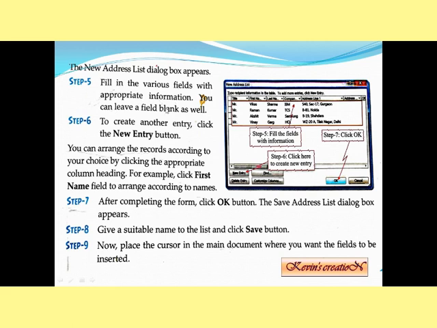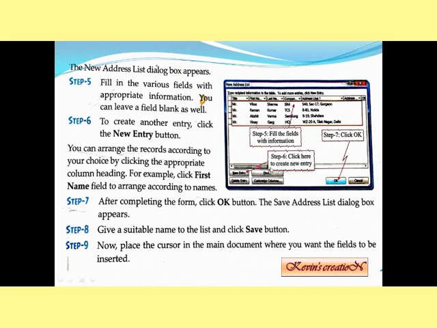Here if you see, there are various fields with appropriate information. You can leave a field blank as well. Now here you can see the title is there, where it is written Mr. You can write Mrs. also, Miss also, doctor, engineer, father, sister, whatever you can write. Then we have the first name and the last name. So all these are filled. Name of the company, address line 1, address line 2, like this. Many will be there. If there is something you want to add, you can also add it as a new entry.